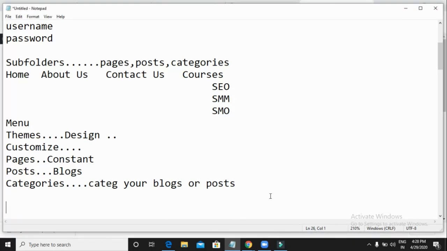So this is how, guys, we can create a basic WordPress site by using a few things like pages, posts and categories. You can categorize a few posts, and you can optimize your footer section as well as the sidebar. Not only these, we can use some more plugins. The plugins chapter we're going to discuss in the next video.